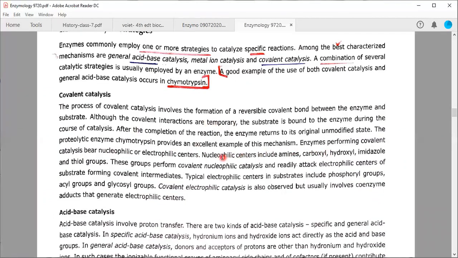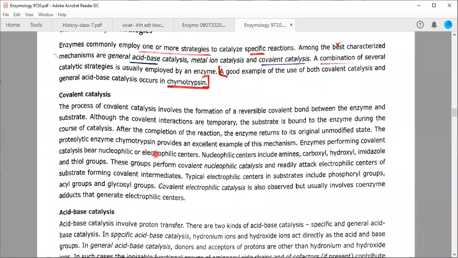So if this is happening, there are two groups, one nucleophilic, another electrophilic. A nucleophile is anything which has a negative charge. So obviously some amino acid groups which have negatively charged R groups, for example carboxyl, hydroxyl, imidazole. They have free electron pairs. And the thiol group, obviously it has sulfur, so it is electronegative. So they are all nucleophilic centers, and they can be involved in nucleophilic catalysis under the same category called